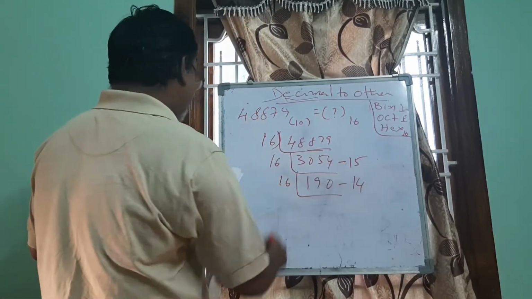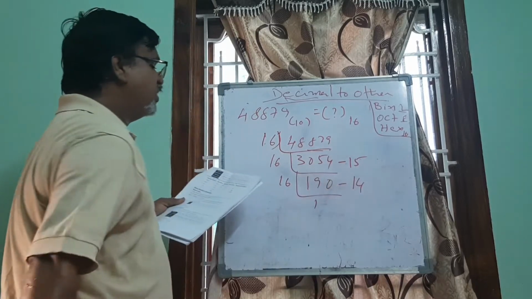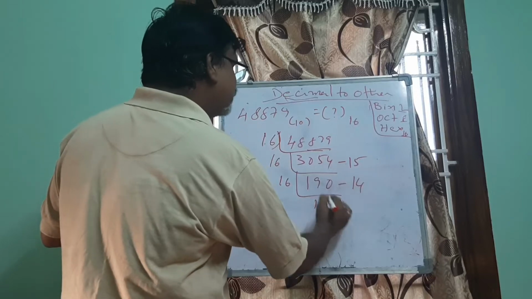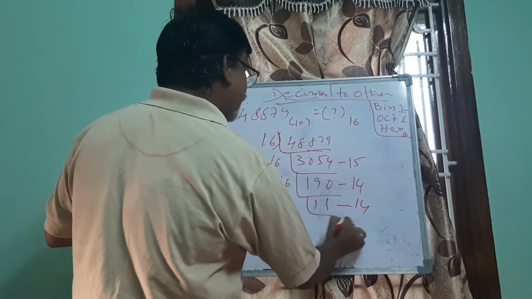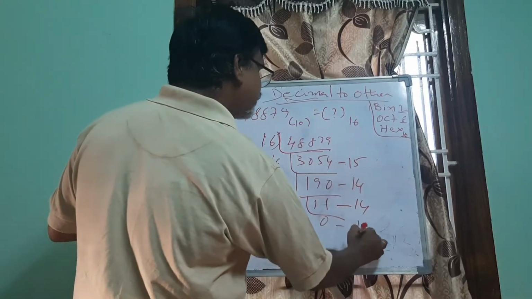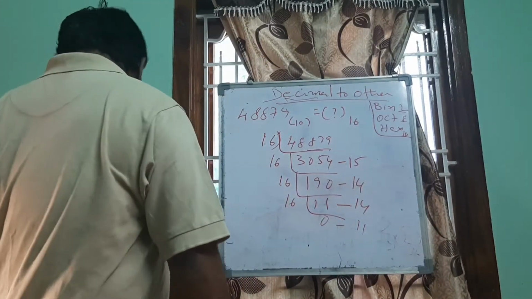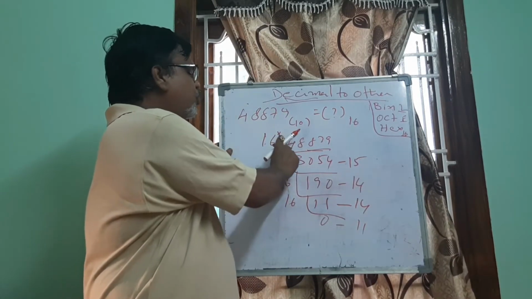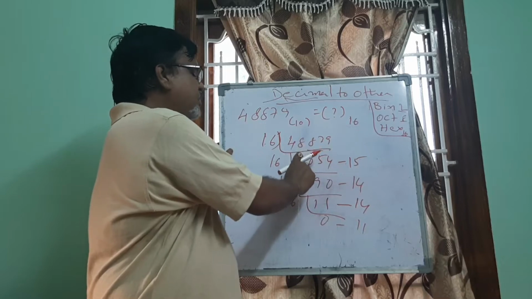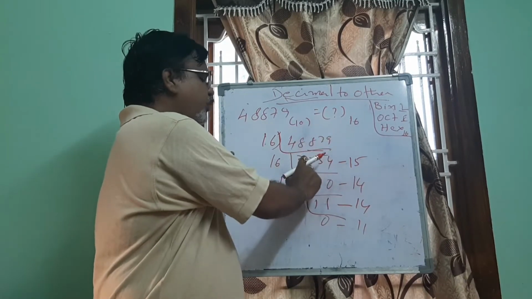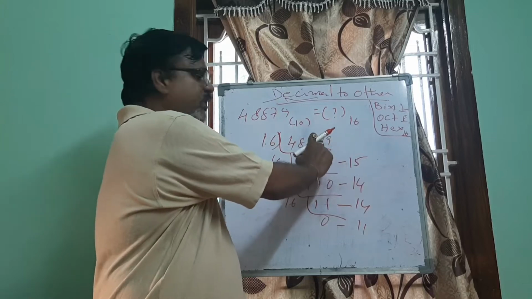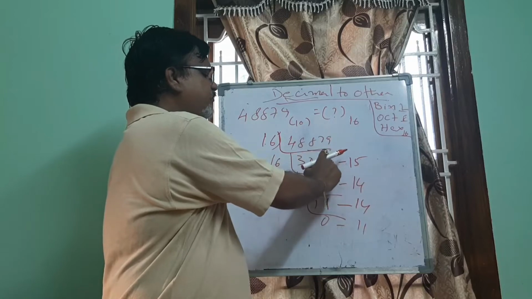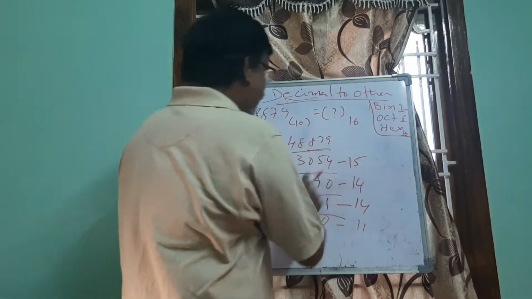Then again you divide this by 16, you will get 3 here, then 30, so 16 times... again the remainder you will get is 14. So 16, 0, 11 over there. So here, 16 3s are 48. Okay, so two numbers are there, 87 you have to get back. That's why, because two numbers we are considering, we put a 0 here. 16 5s are 80, then 79, 16 4s are 64, 79 minus 64, then 15. Okay, remainder is 15.